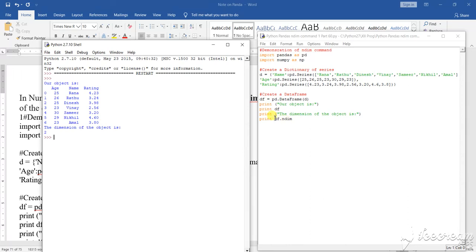So how are you calling the NDIM function? df.ndim. As you call df.ndim, what will it do? It will take the x-axis values with reference to the y-axis values. What are the values in the x-axis and what are the values in the y-axis?